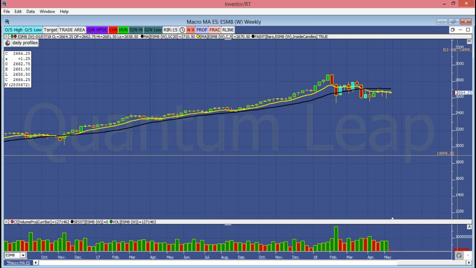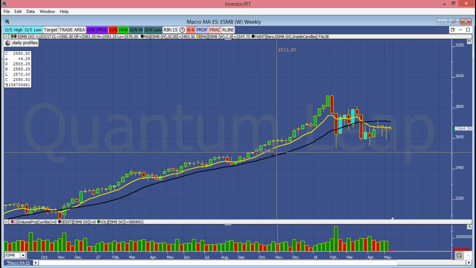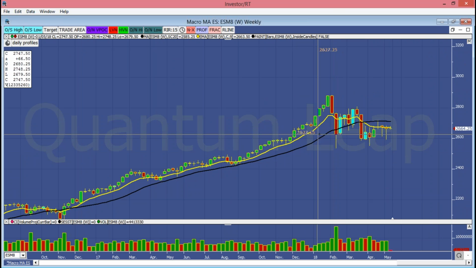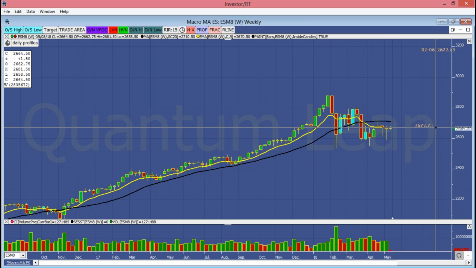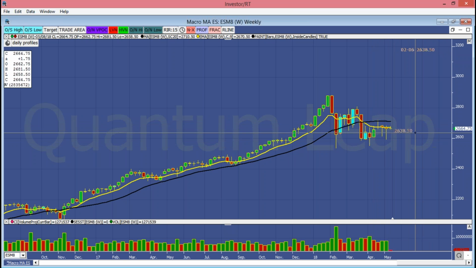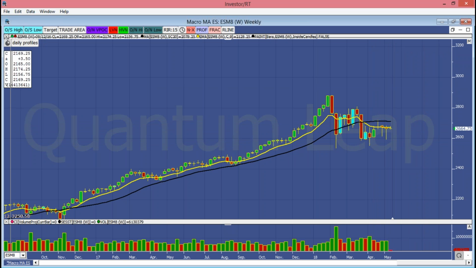Going to the weekly, a little bit different story. We had this strong upward trend for many, many weeks, and then we violated the trend, took it back, and then we failed to hold. And right now, we're below the 9 and the 20. We don't have any slope, but we are getting some separation, so we are seeing some weakness coming in on the weekly. Going to the daily,